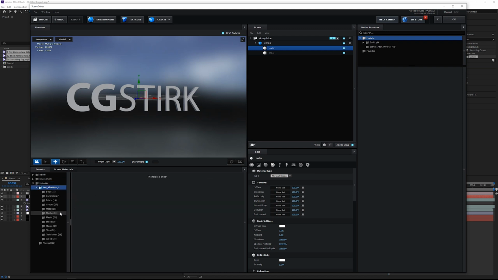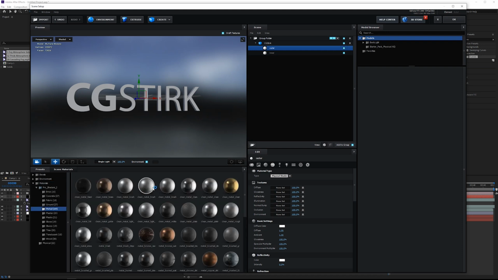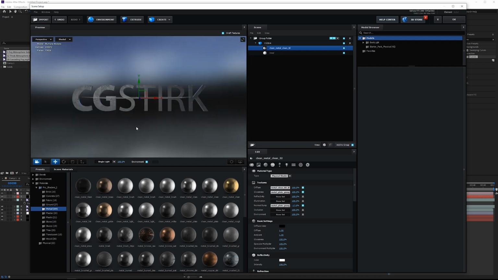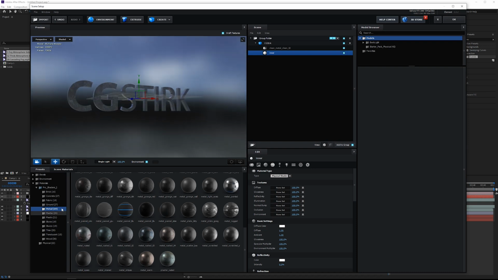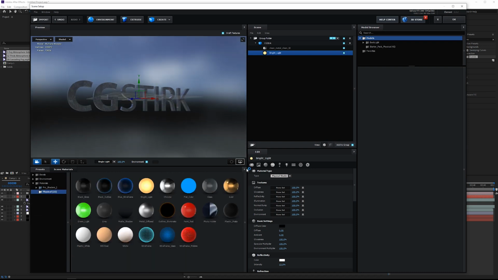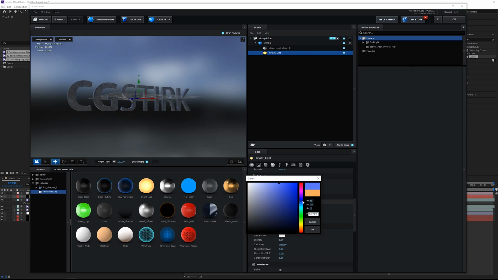And I have the Pro Shaders pack from Video Copilot. So if you didn't have those, you would probably need to make your own textures or just maybe find one of the presets for now. And then for the inner material, I want to use the Bright Light, which is a standard material that comes with Element 3D. I'm just going to change the illumination color so it fits better with the scene that I have.